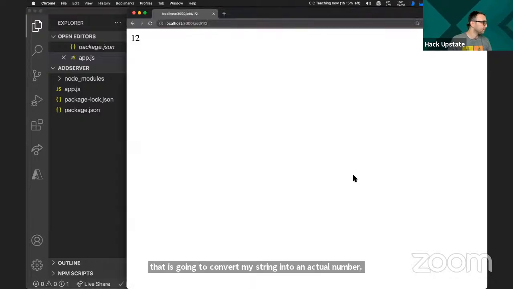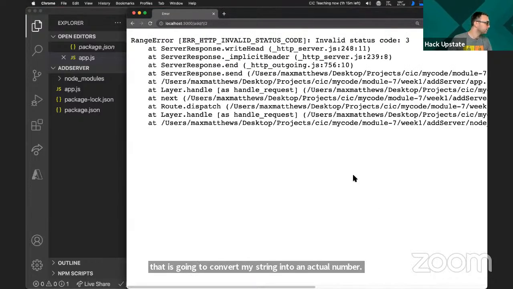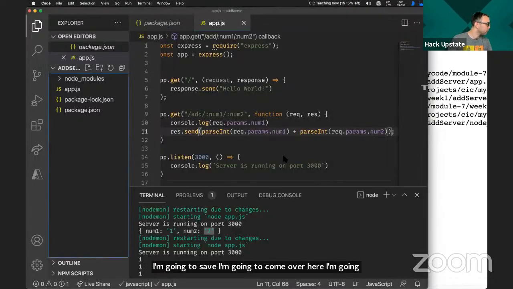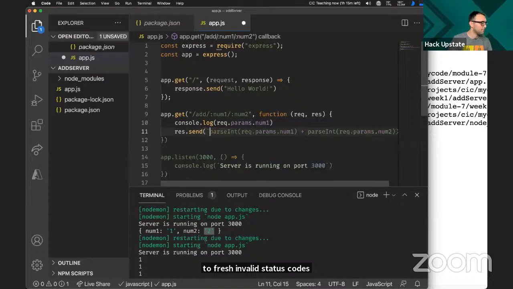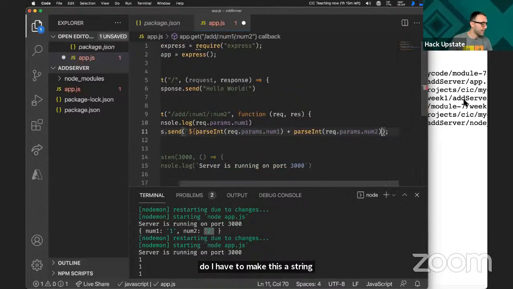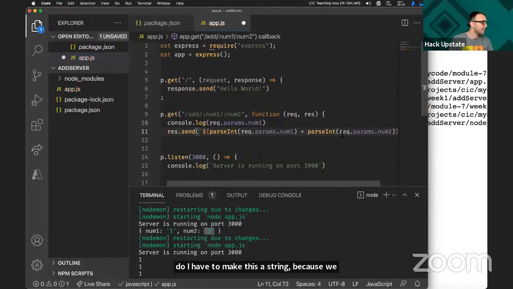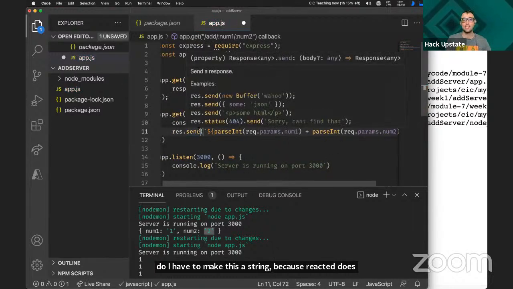I'm going to save. I'm going to come over here and refresh. Invalid status code 3. Boo. I have to make this a string because Express does not like me sending back just a number. They want me to send back a string.